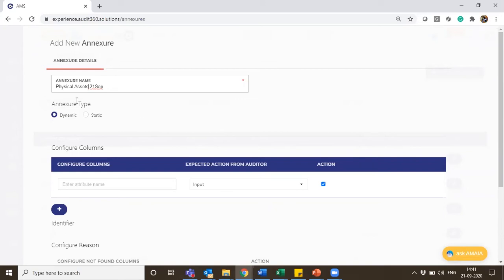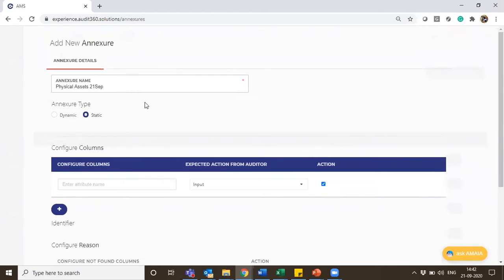In those cases, based on the use case, we have to choose what type of annexure we are doing, in this case static. Now, if there are any samples which need to be verified where the sample keeps on changing. In physical asset, it is constant. This asset would be placed in the branch and it will always be the same. There would be no change in the sample on every schedule we do. But in certain use cases, there are high chances, for example, you would be doing a loan disbursement cases verification or a petty cash voucher verification.